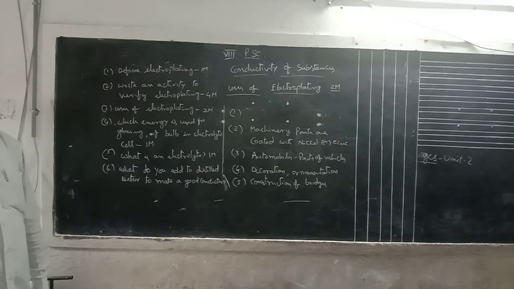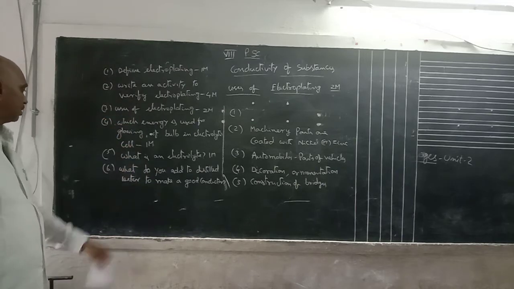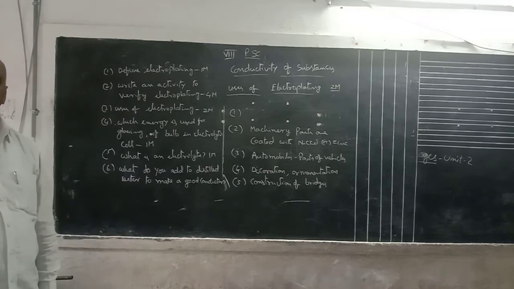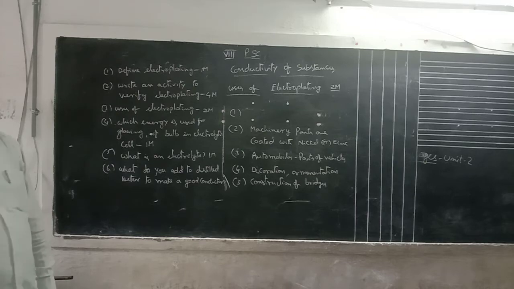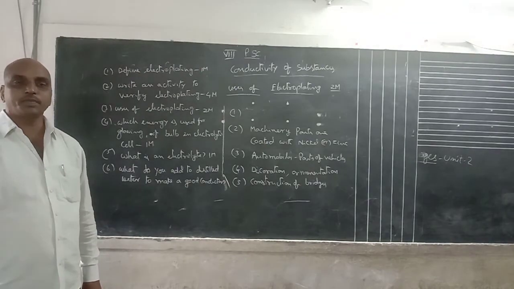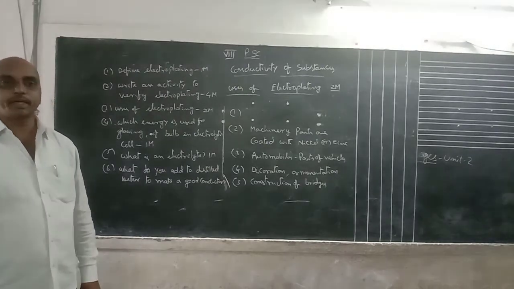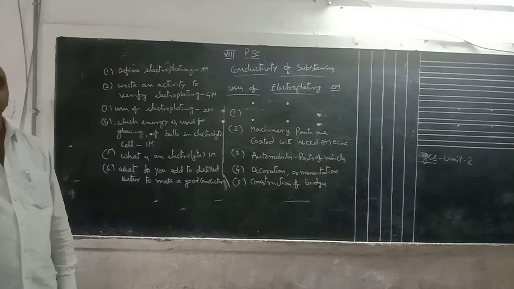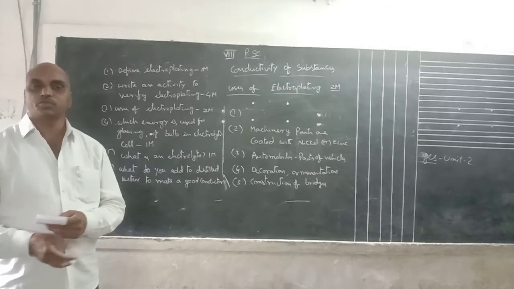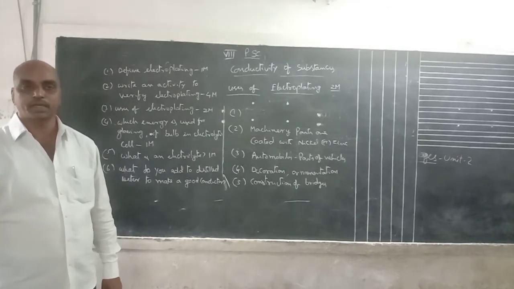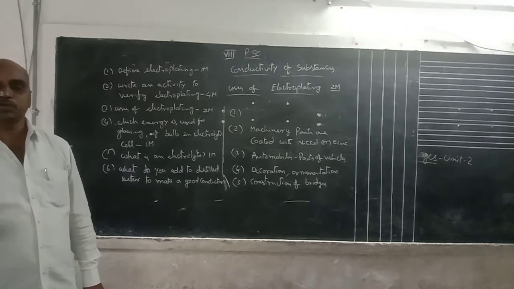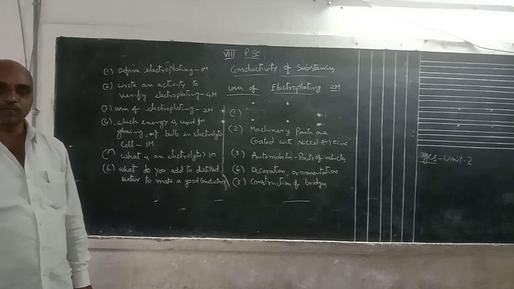Another question also: why is acid added to distilled water to make it a good conductor? After addition of acid, positive and negative ions, cations and anions, are formed. When an acid or base is dissolved in water, cations and anions are formed in the solution. Then only it behaves as a good conductor. These negatively or positively charged ions are responsible for carrying electric charges.